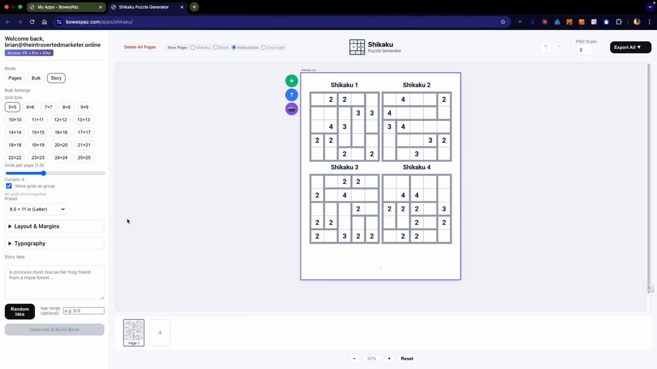And of course, my favorite feature to test out for you all has always been the story feature, the coloring book feature, because I think it's just a great option to give your audience. So we're going to go ahead and do a random idea. We'll let it do its thing. We'll generate and build the book, and we'll go from there. But one thing I do want to say before I pause the video, because this is going to take a little while,